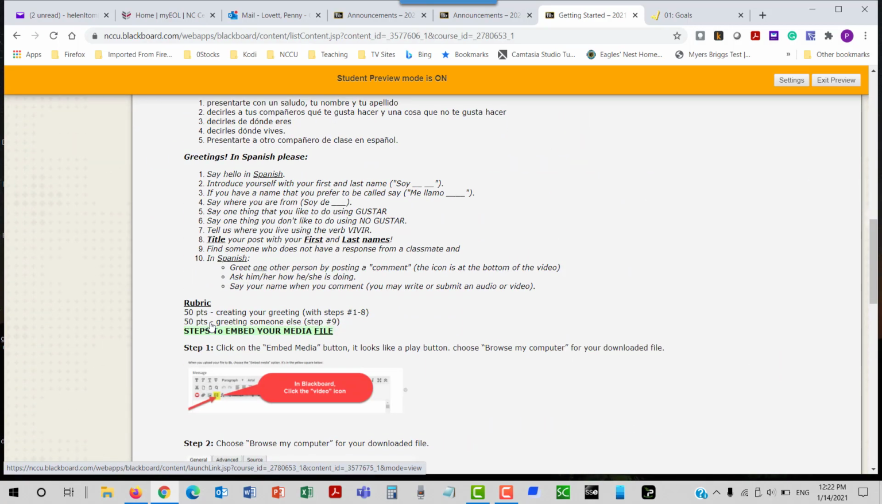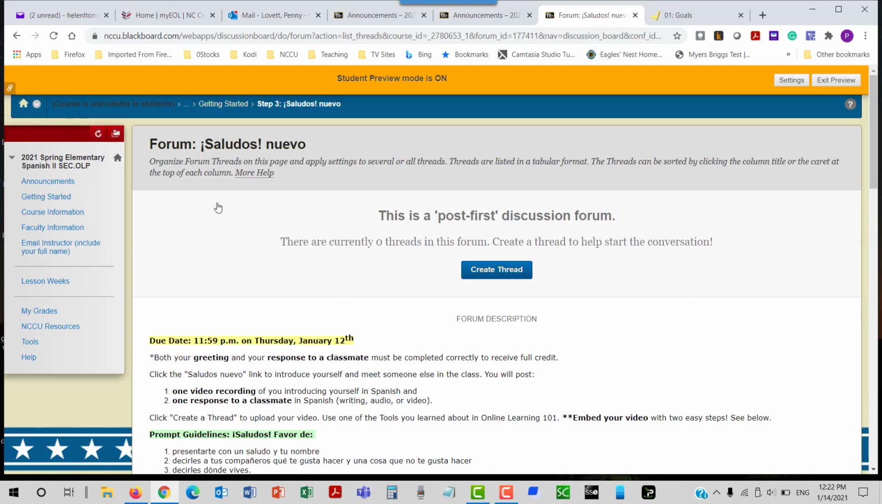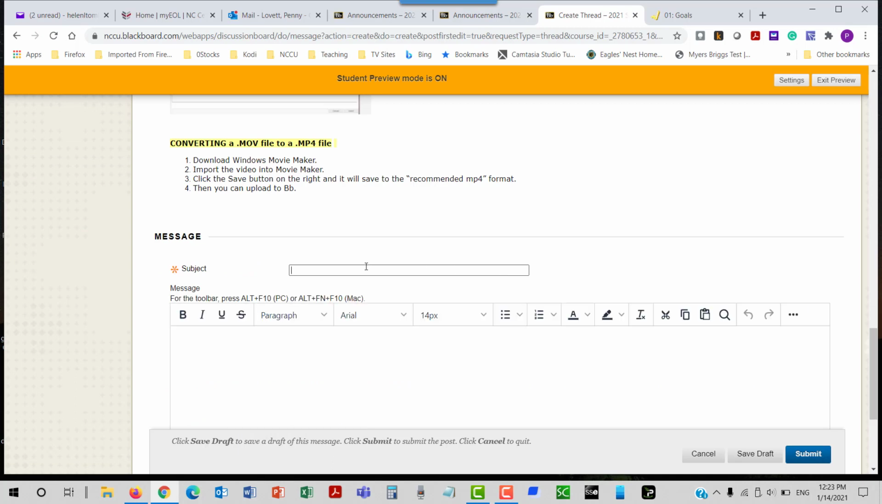It's talking about introducing yourself, and there's an explanation of that. I have submitted instructions on how to embed a file. You're going to click Create a Thread. So you cannot see anyone else's until you submit yours. When you create a thread,